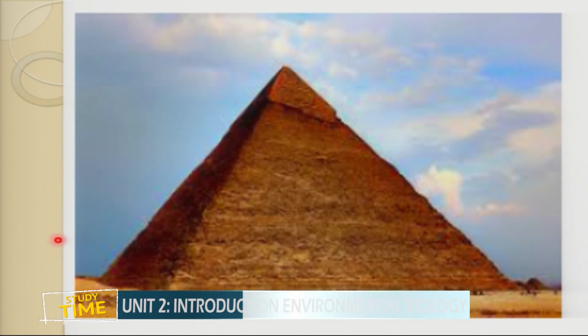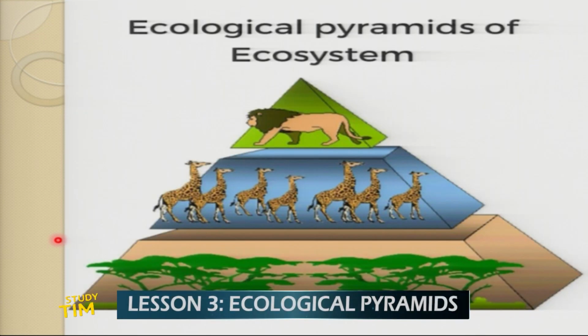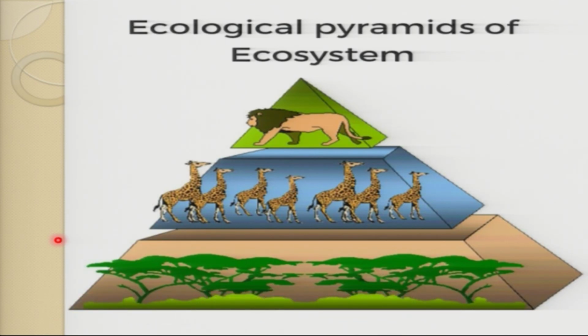If you still remember, we have another diagram that is trying to show you the ecological pyramid of an ecosystem. See down here, we have the bottom. What you see at the bottom, can you understand and identify what is in the bottom? We have trees. The trees are being eaten by the giraffe. The giraffe are being eaten by